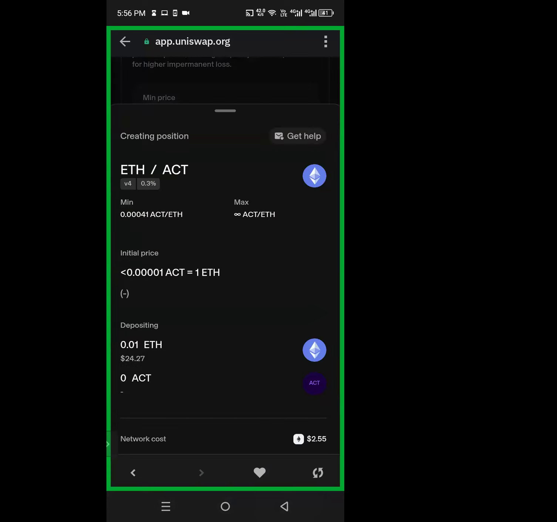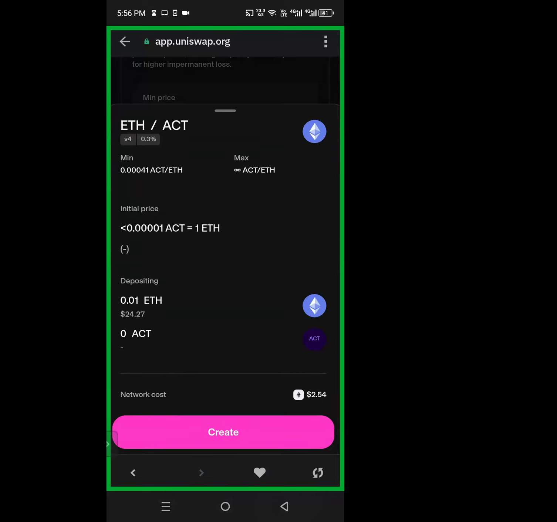I click on review, so the next page that opens is just to confirm what I have indicated. And it's saying that the minimum price is 0.0041 per ETH to a maximum price of infinite per ETH. And then the initial price it's saying is 0.